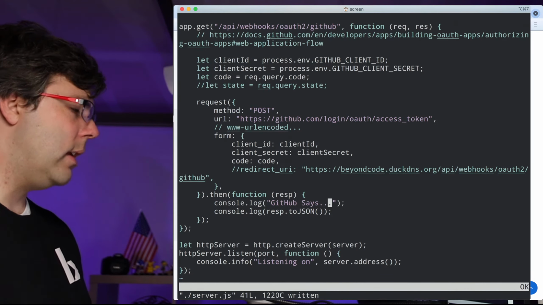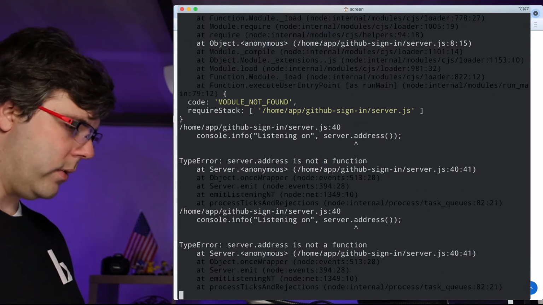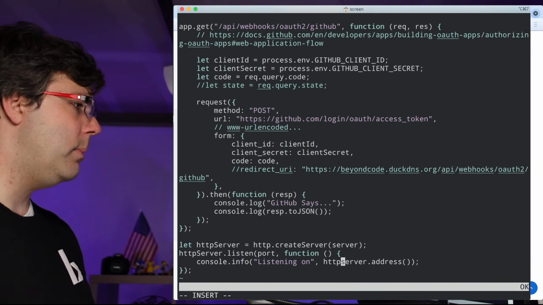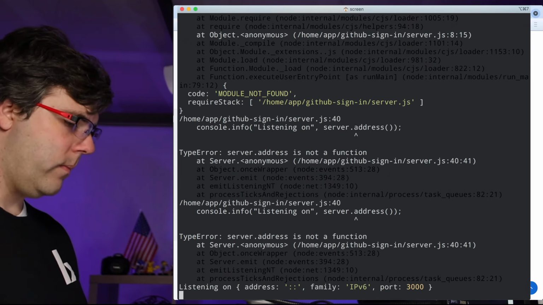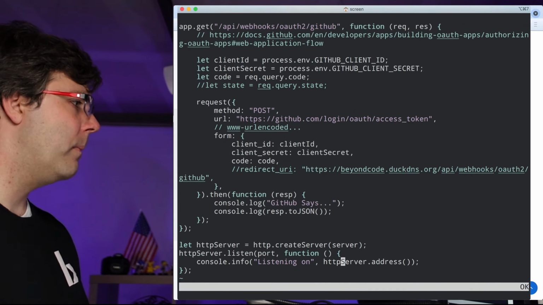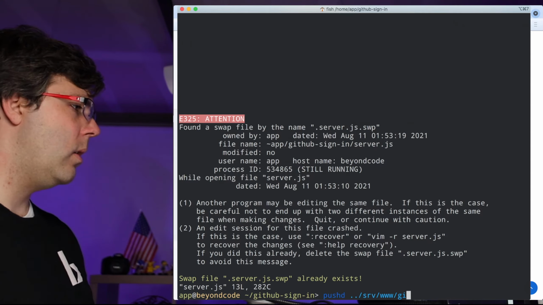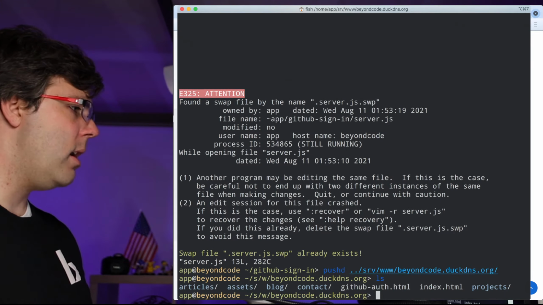GitHub says, let's just change that to dots. Okay, server.address is not a function. I know why that is, because that would be HTTP server. Okay. All right, so that's looking good. And then I don't remember what was the name of that file, GitHub Auth. Let's just rename it to github.html